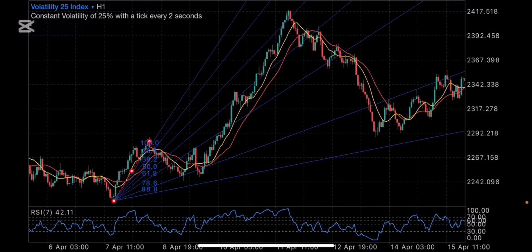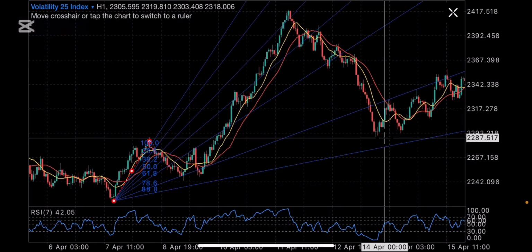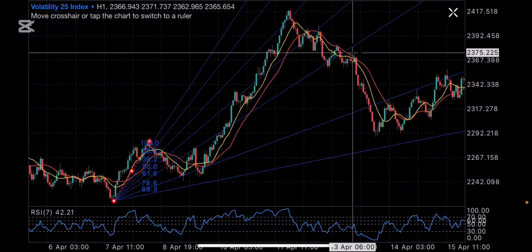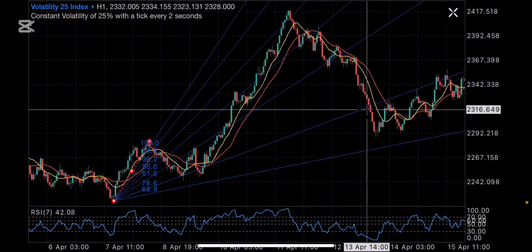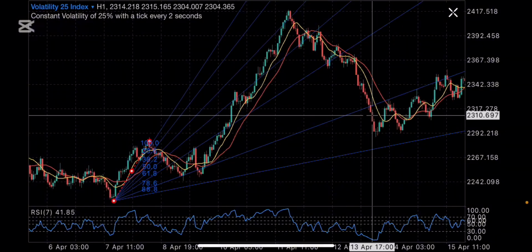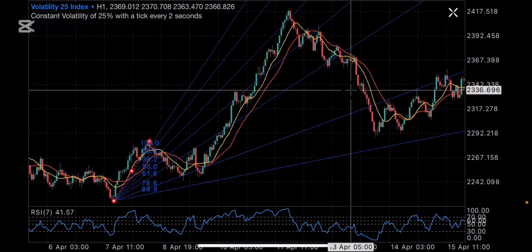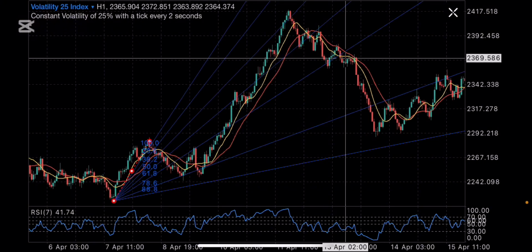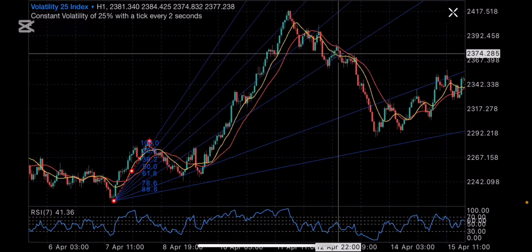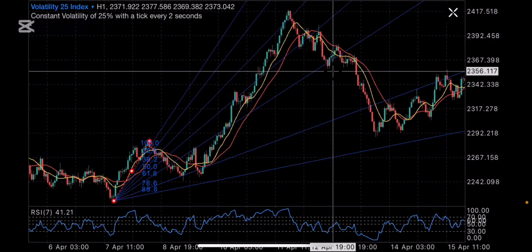So another way, like I said, to do it is, if you don't want to use the SL below the last Fibonacci fan, because some people might feel that if a crossing happens here, the SL being here might be a little bit too far, too low. What I usually recommend is you put your SL just below the last swing low